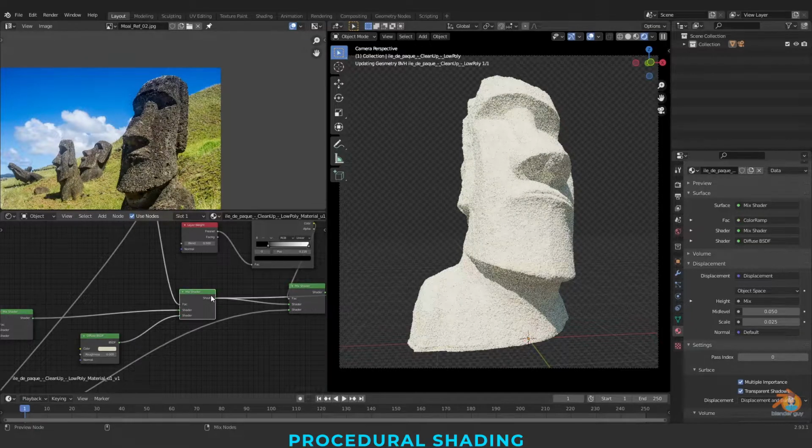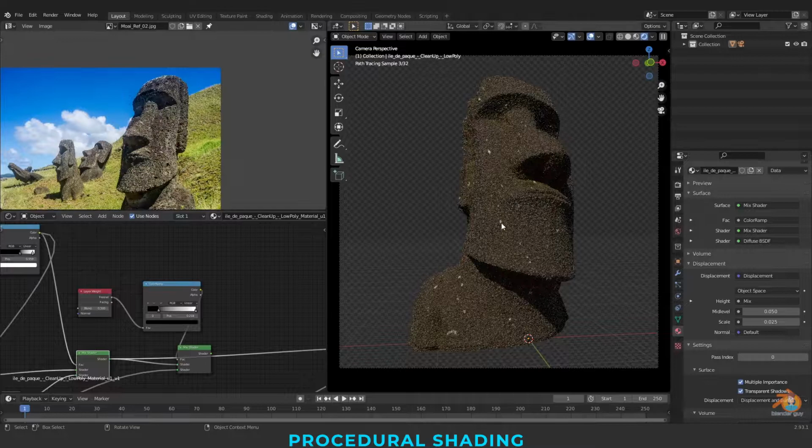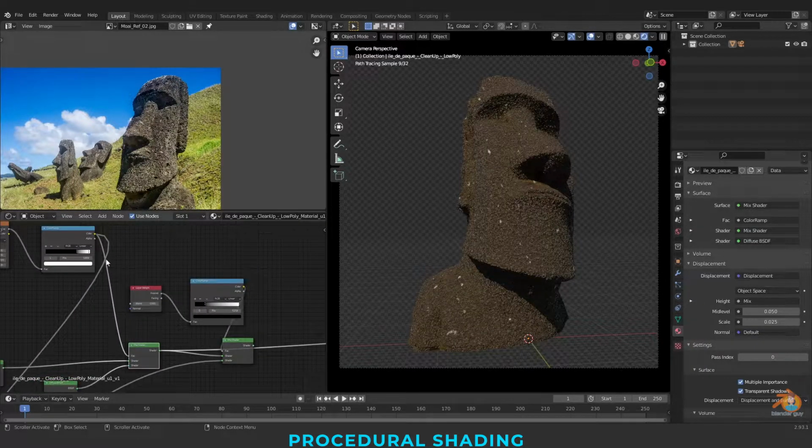a dot-like pattern, these white dots. Let me increase this more so you'll have an idea.